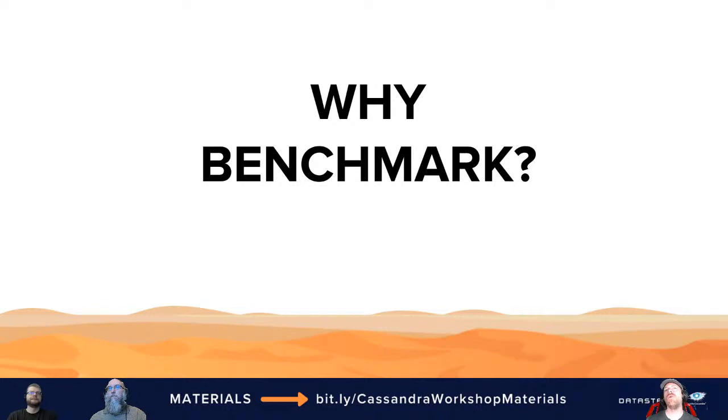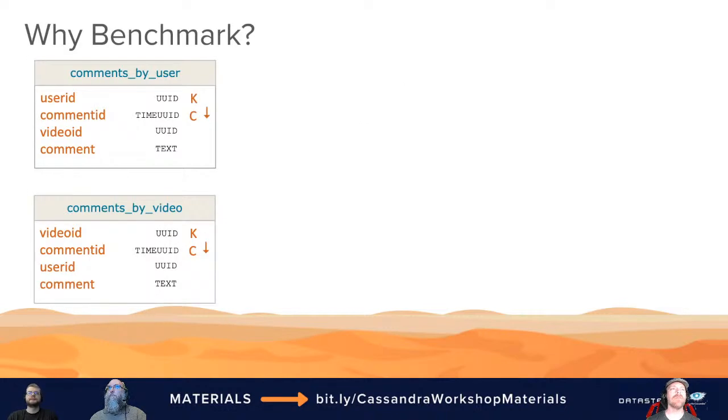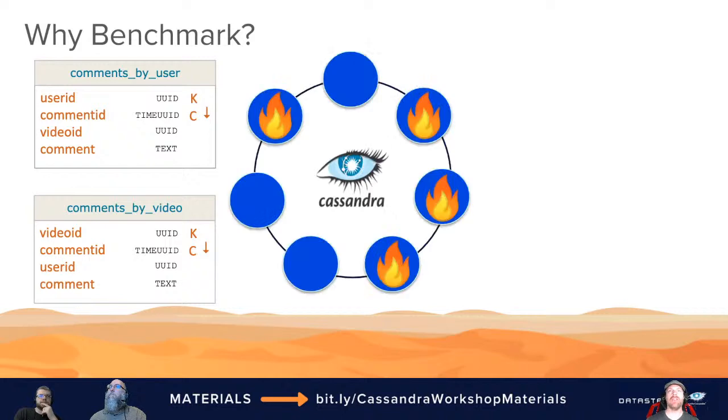So why? Why do we want to benchmark? What's that about? If you think about it, you spend all this time creating these wonderful denormalized data models in Cassandra. If we're focusing on Cassandra here, you've got your application that is built on those data models. And what you don't want is, as your data grows, as your throughput increases, as your users increase,